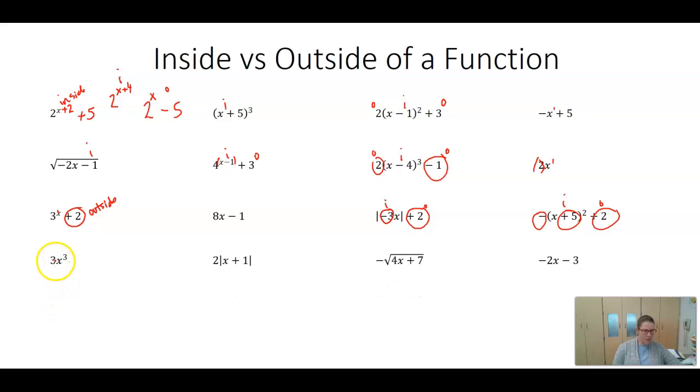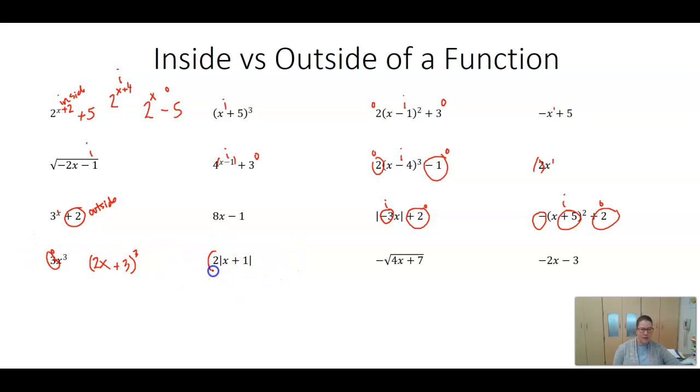Here we have a cubic function. This 3 is on the outside because, again, on the cubic function, anything that's inside the parentheses is going to be on the inside, but anything that's not is outside. So even if it doesn't have parentheses, that means there's nothing happening on the inside with x, and so